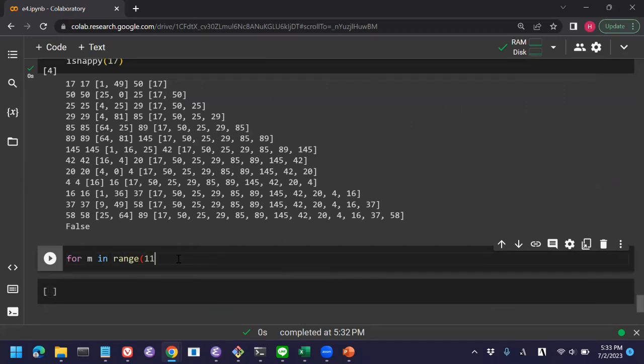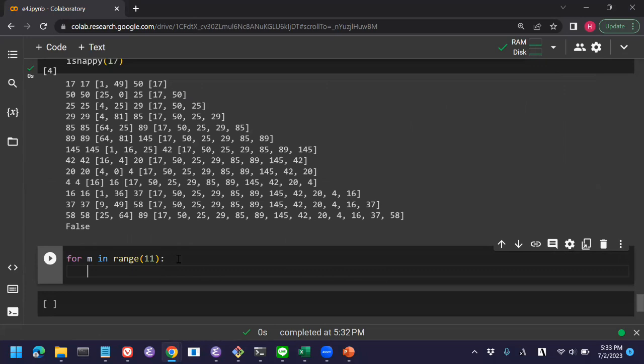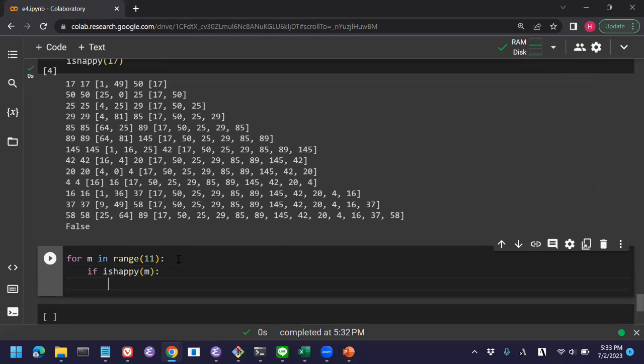Okay, up to 11. So let's do this simply. Okay, let's see, what is the best way? Maybe the easiest way is: if is_happy(m) is true, print just m happy